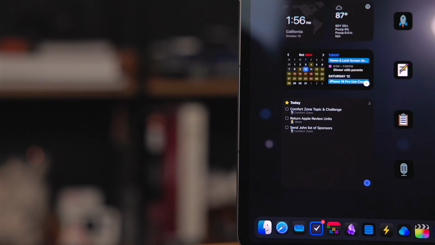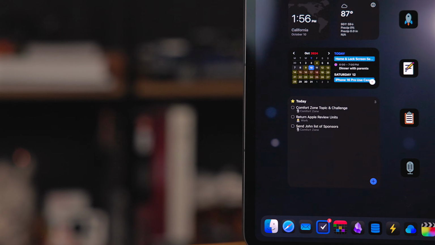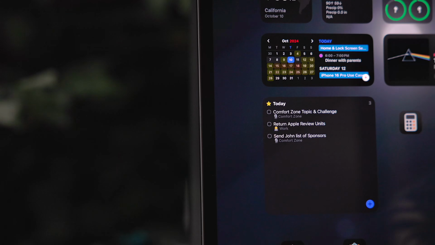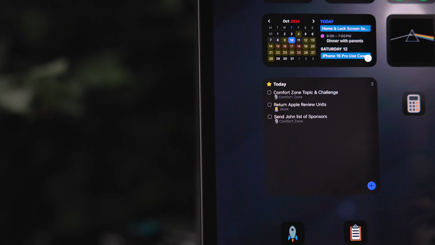On my home screen, I use the large widget because some days my list can be quite full of tasks. Other days it could just be a couple of items, but I want to make sure I'm able to see everything I need to do that day from the home screen.